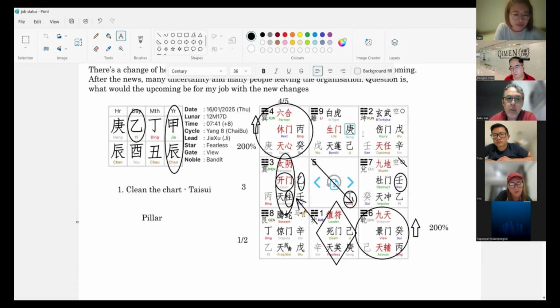So in box number 3, which is on the March, can I also say that there's going to be some new opportunity for him coming in? There's a job opportunity coming in. Maybe there's something else, new offers, whether he wants to go, there's another story. If he stays put, then he will be more stable in April and May. But if he doesn't stay put and decides to move on due to the destroyer coming in, then he will just resign. So another way of looking at it is like that.